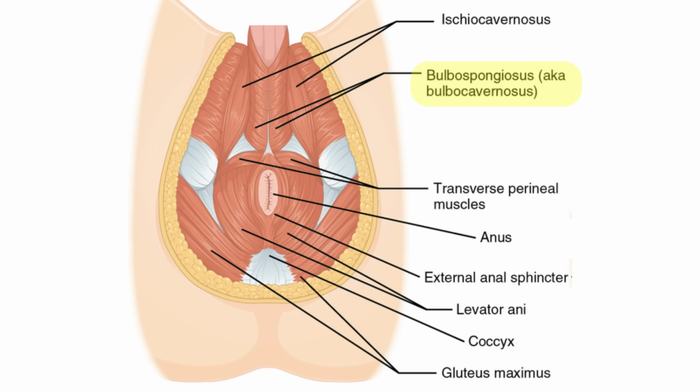But this muscle is known as the bulbospongiosus or the bulbocavernosus muscle, and it lies right at the base of the penis, right in the pelvic floor. Its function is to bring blood flow into the penis to create and maintain an erection, and it also aids in proper ejaculation. So you can imagine if this muscle is weak, it's going to be pretty hard to maintain